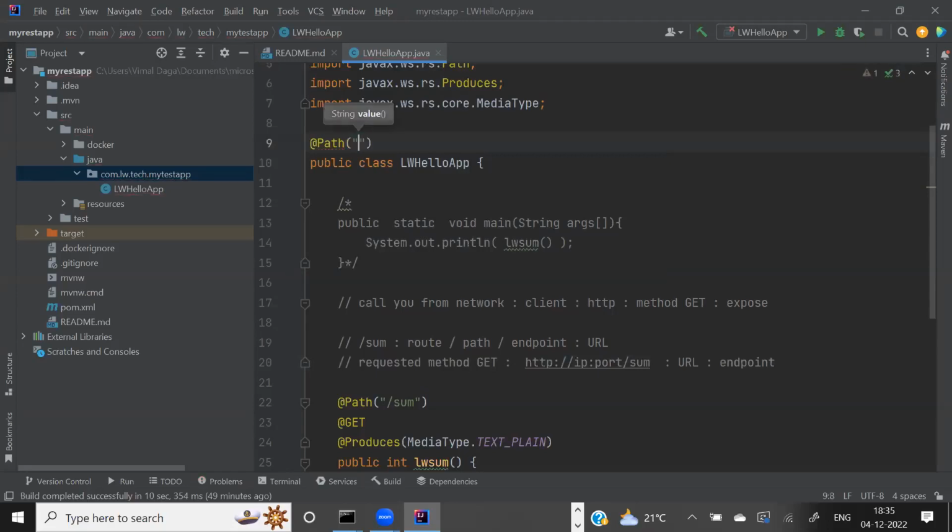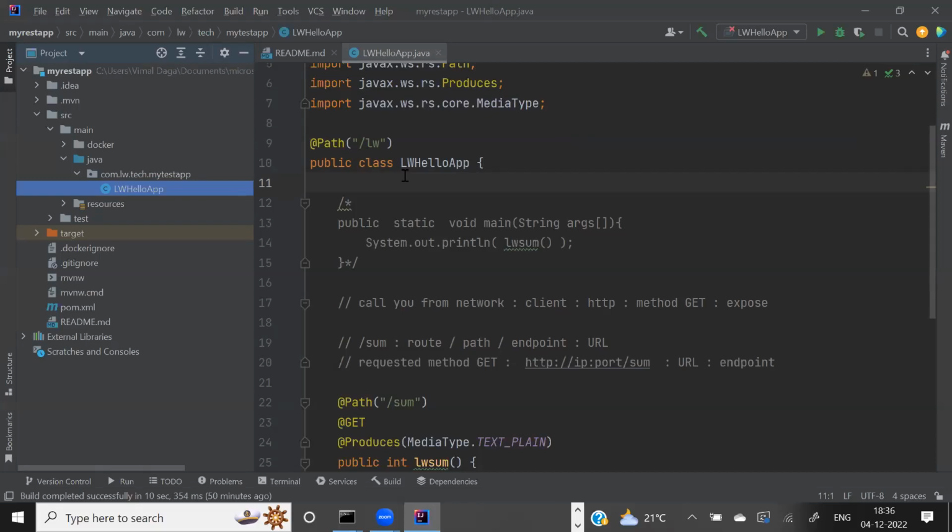Unless I'm giving the path here, maybe slash Linux world. This program file has one class only. Mostly, guys, in Java, every program file has only one public class. Public means you can call it from the outside world. We can't have two public classes in one file in Java.